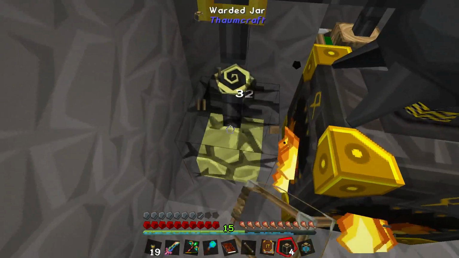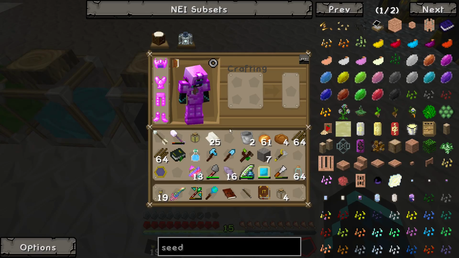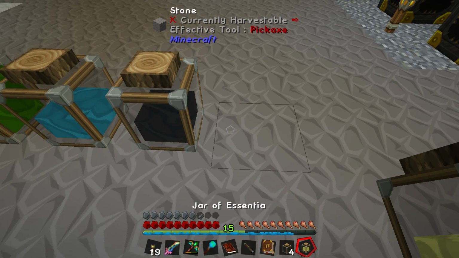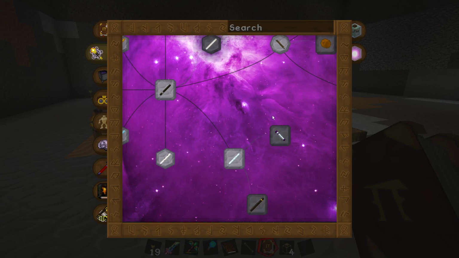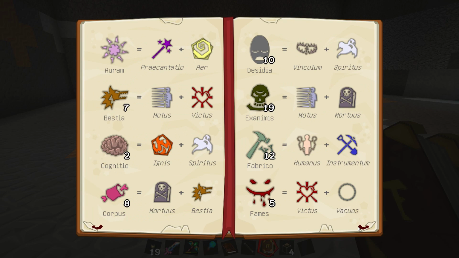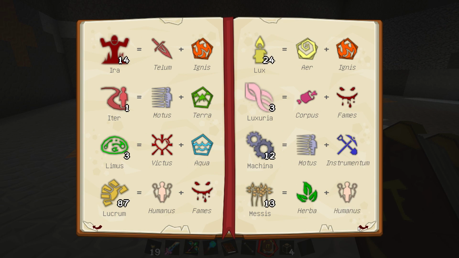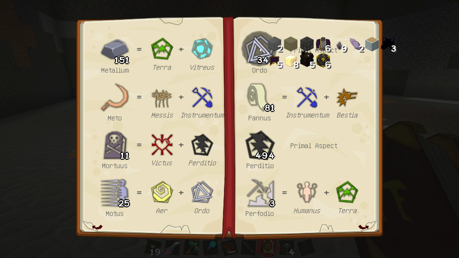So now we're done with those two, and we're actually going to need some ordo for the infusion itself. So if we take a look at the Thaumonomicon in basic information and the aspects of magic, let's see, where is it? Ordo is got from order shards,